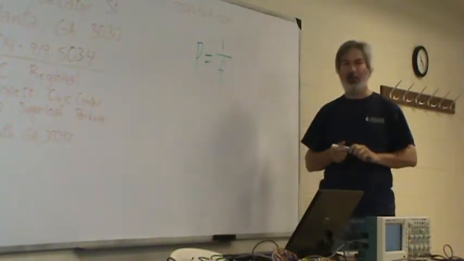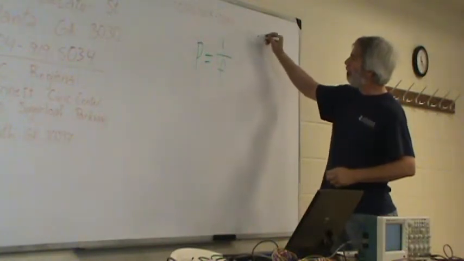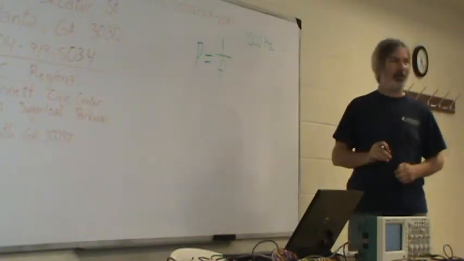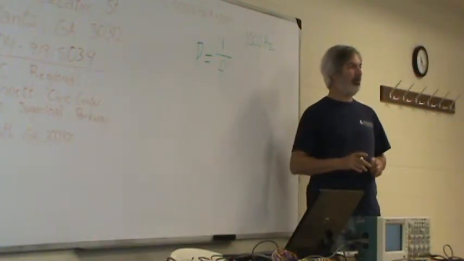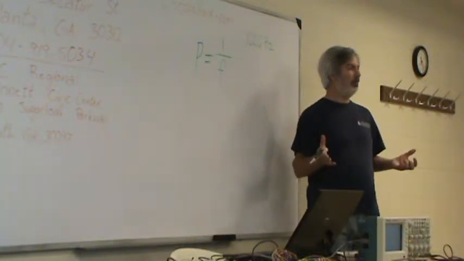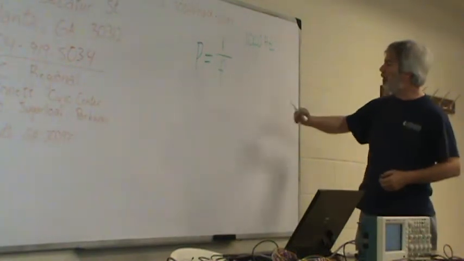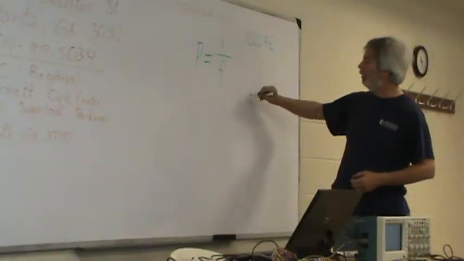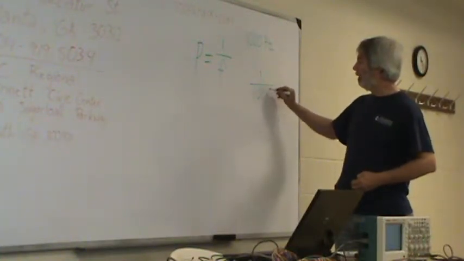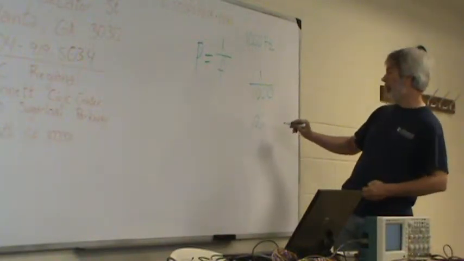So let's say you have a signal that's 1,000 hertz. And you want to figure out, okay, how do I set my scope up properly to display a 1,000 hertz signal? Well, you need to figure out what's the period of that, and the period will be 1 divided by 1,000, or 0.00